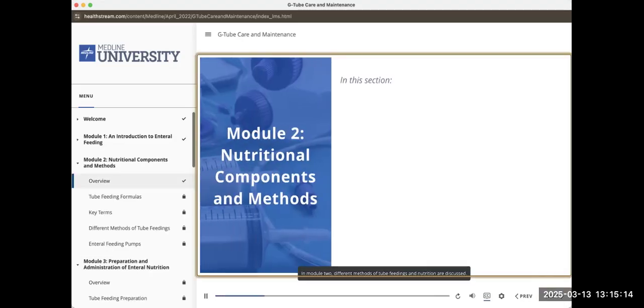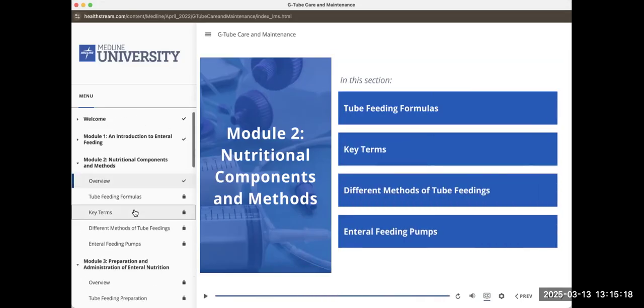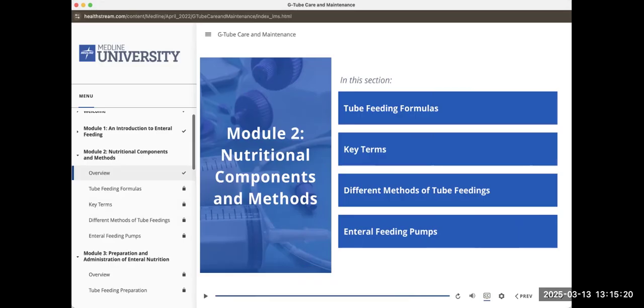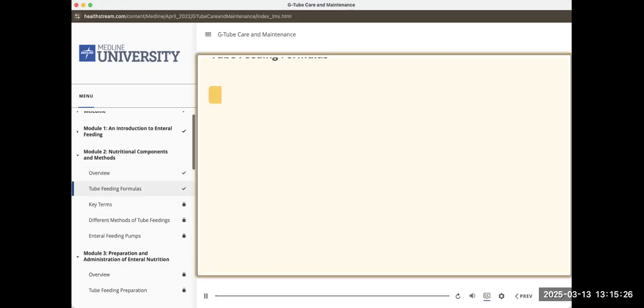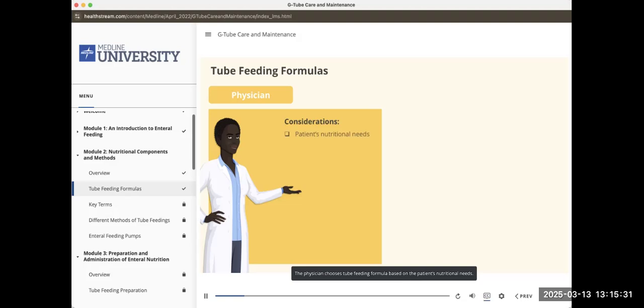In Module 2, different methods of tube feedings and nutrition are discussed. The physician chooses tube feeding formula based on the patient's nutritional needs. The consistency of the formula, the size of the tube, the method of delivery, and the convenience for the patient